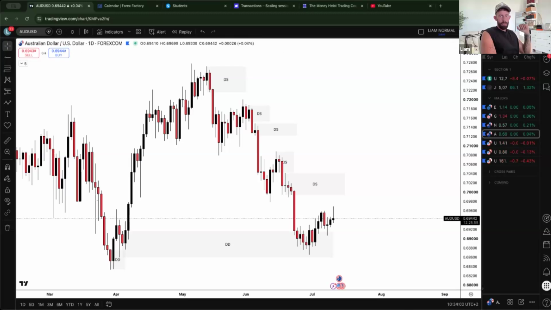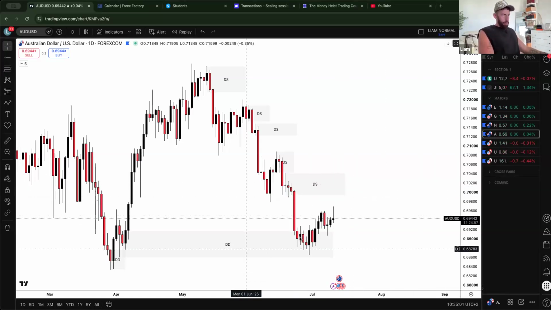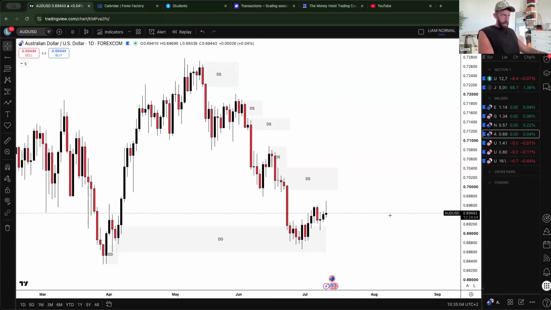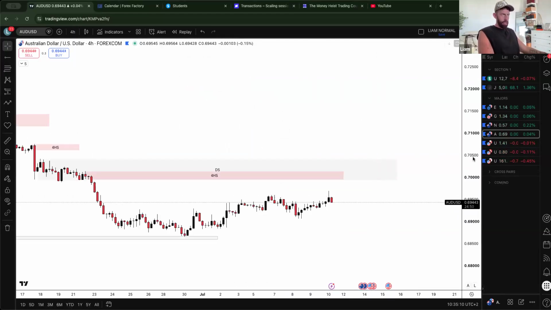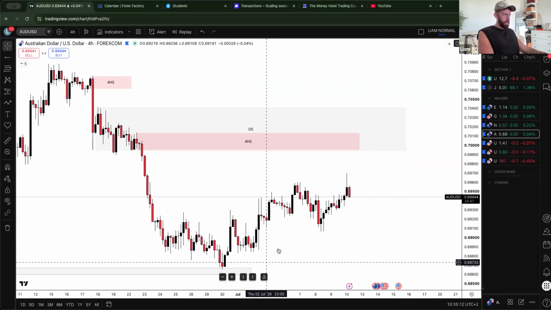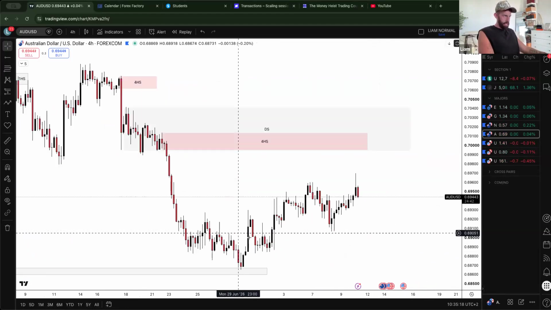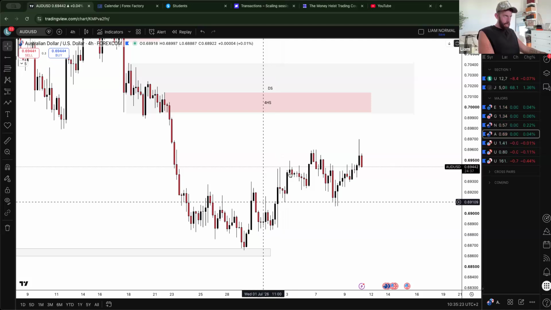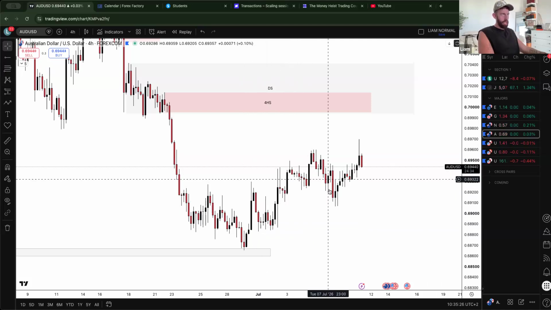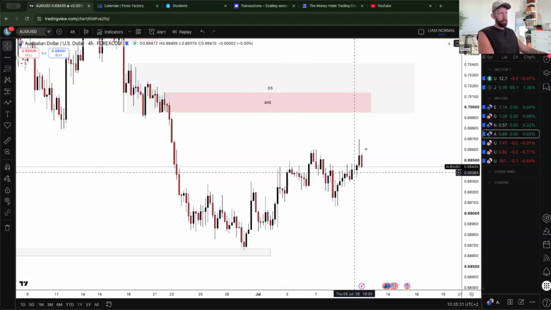Now, give me 1 second, guys. Well, as I just said, I would like to see that happen. But we have had a reaction from this daily demand area, and the internal has been bullish. Now, if we look at the four and follow the trend, you can see inside of that demand we have this 1 hour, which is very, very tight. That's where market has reacted from. We mentioned yesterday we were bullish, and then market started to shift a little bit. And then going into Wednesday, we started to get the bulls back in.